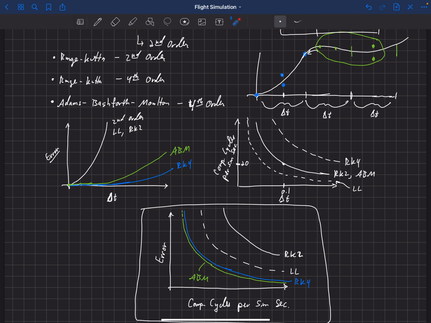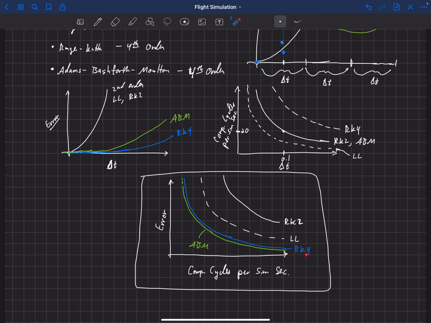The challenge is that you have to handle the first few time steps a little bit differently. You have to use fourth order Runge-Kutta or something like that anyway for the first few time steps. Well, it turns out that if you just use RK4 for the entire simulation, your error is going to grow just a little tiny bit, but almost unnoticeably. I mean, the amounts here are pretty small. So that's why in this course, we're going to be using RK4 for all of our numerical integration.